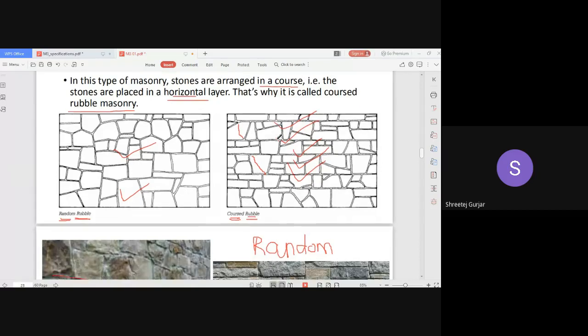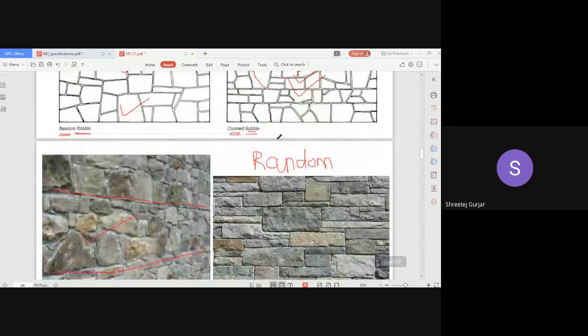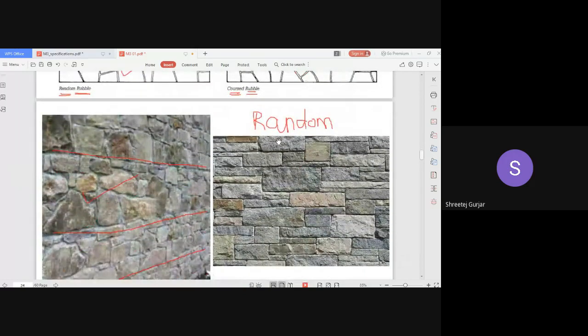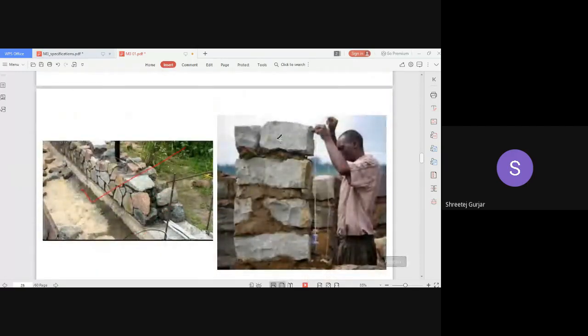Now coming to mortar. You use sand as fine aggregate. Then you use cement. Sand and cement, and you prepare your mortar of required proportion, and then you use that to prepare your random rubble masonry or your coursed rubble masonry. Once you have started to lay, you have to take care that the wall is vertical, or whatever you are constructing, make sure that it is vertical, right?